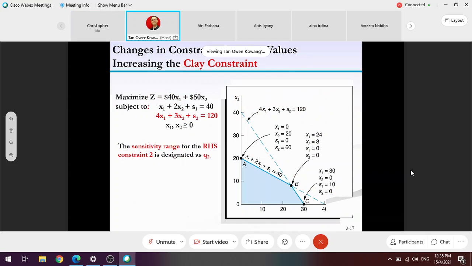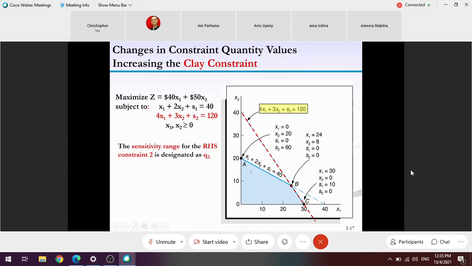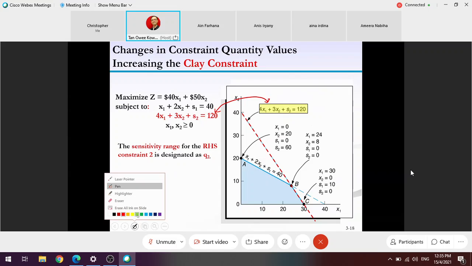Okay. Then to make sure that you really understand, we do the second one. Play this constraint. It refers to this note. The note will ask you to move the line up and down, but I'm not going to do that first. The red color line here represents the constraint line for the crate. As I told you, in order to find the so-called sensitivity range for